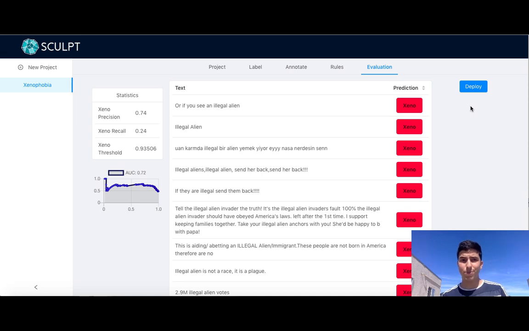And also, by the way, full disclosure, we actually open sourced a xenophobia detection model for Twitter a week ago. Basically, the model that we open sourced a week ago was made through this process, and we haven't told anyone before. So if you're interested in reading the blog that we put out last week,